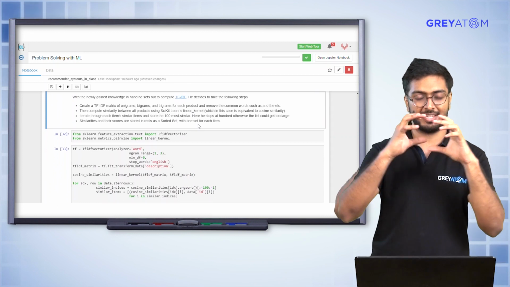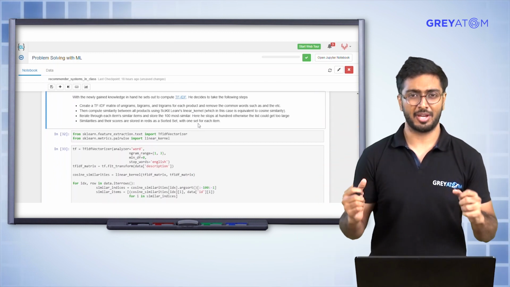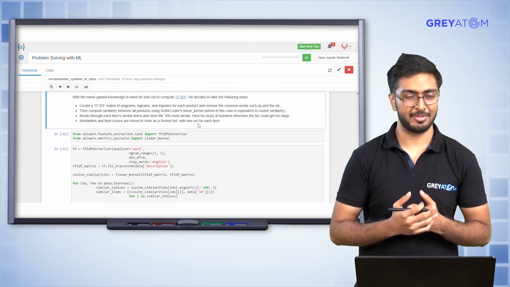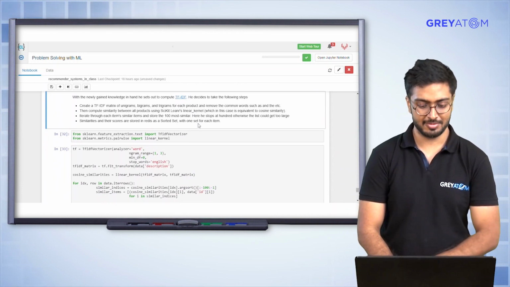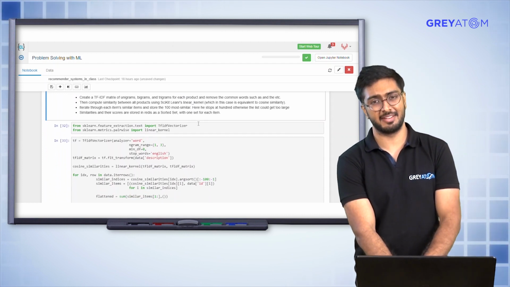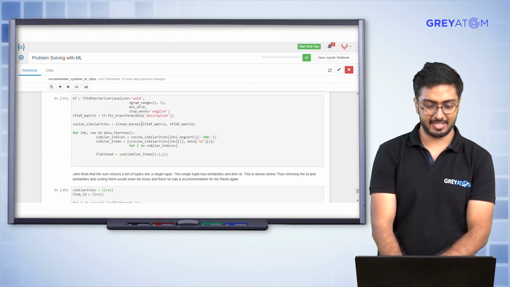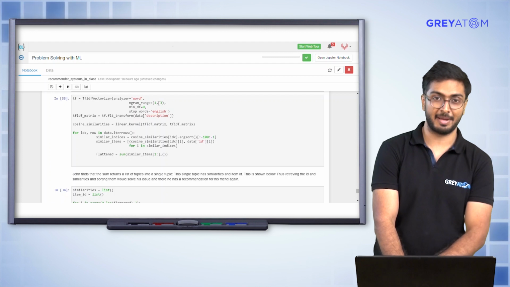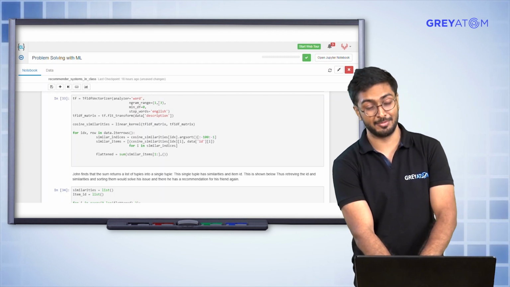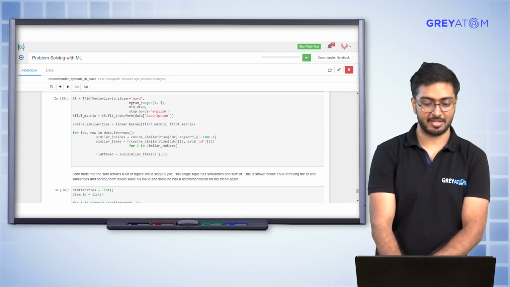Once we get that vector representation, the rest of the process is very simple. You calculate the distances between them using whatever metric you want to use. And once you do that, you can easily get the rest of the process as well, right? So that's about it. So in this case, we first convert them using an n-gram range, so we use unigrams, bigrams, and trigrams, right? We pass n-gram range equals 1, 3,